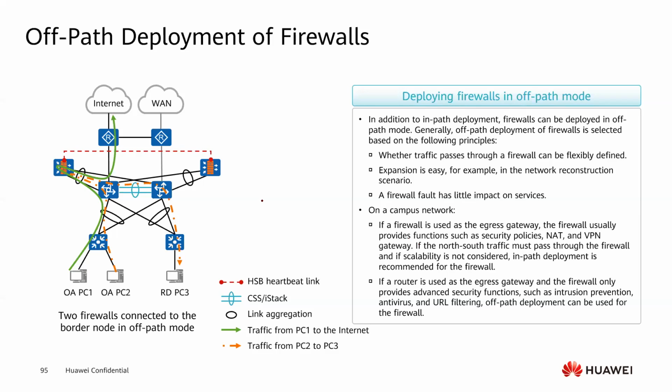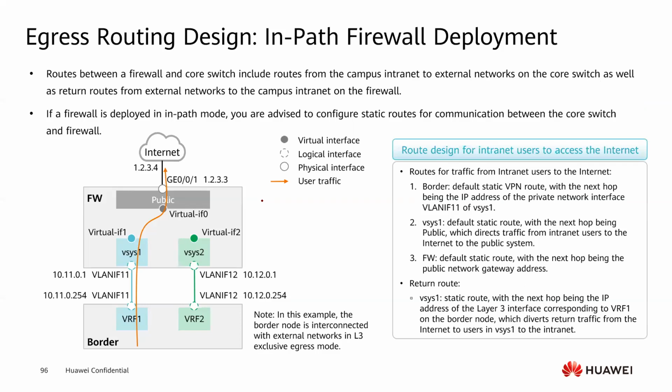And for the egress routing design, there are two kinds. One is in-path firewall deployment. We suggest that between the border and the firewall, you use a static route to make the interconnection, to make the communication between the two devices. So, for example, if